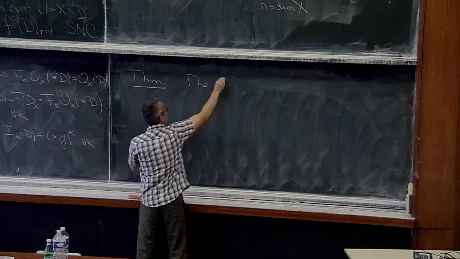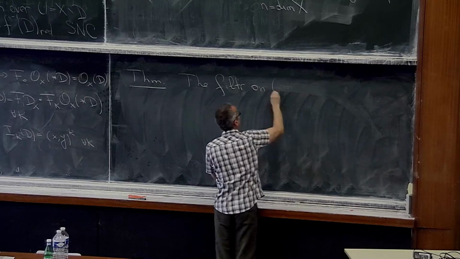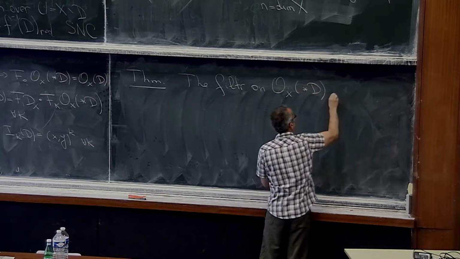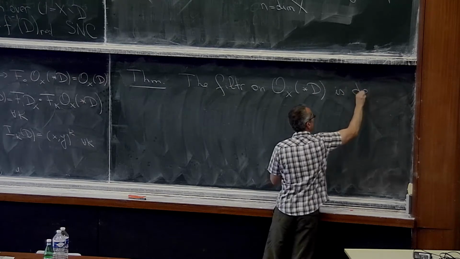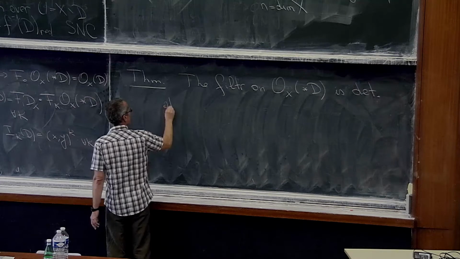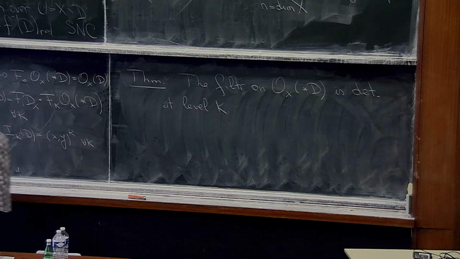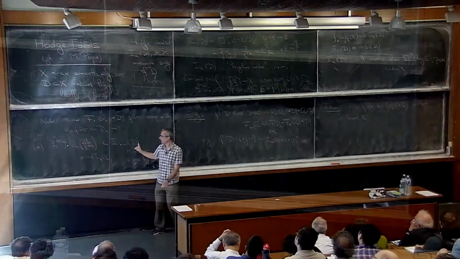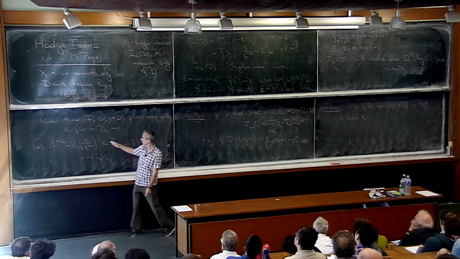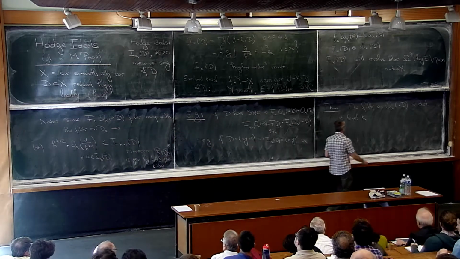The filtration on this O_X(*D) is determined at level k. Again, what I mean by this is that I_{k+1} is generated by these elements, and so on also for I_{k+2} and so on. If and only if,